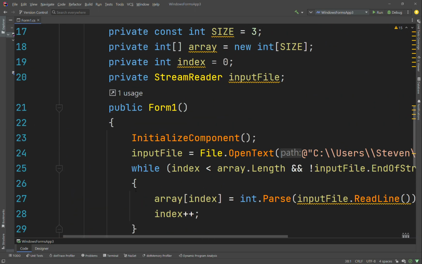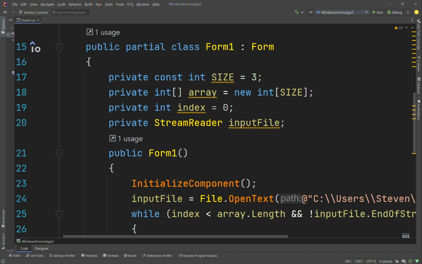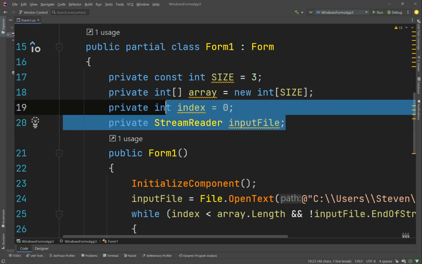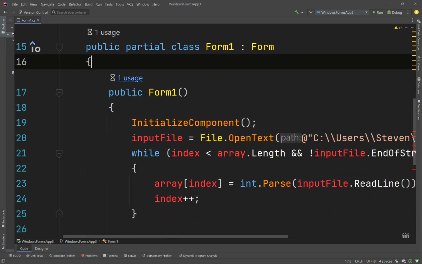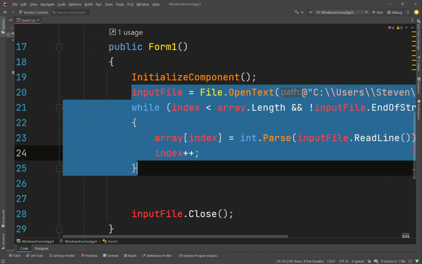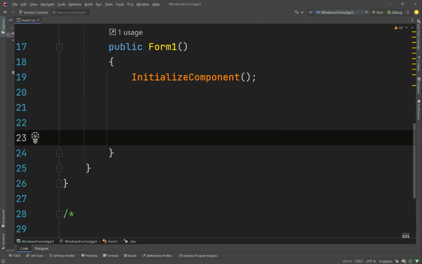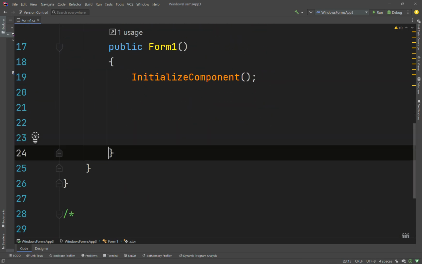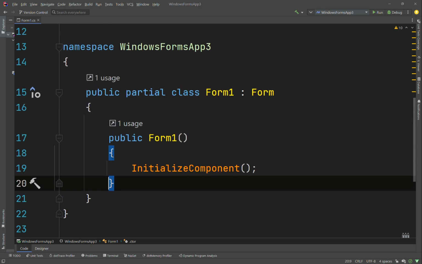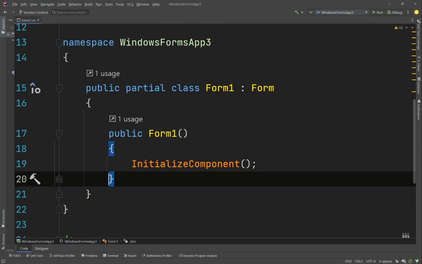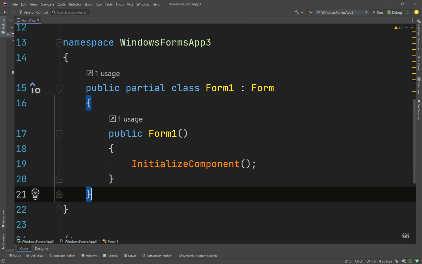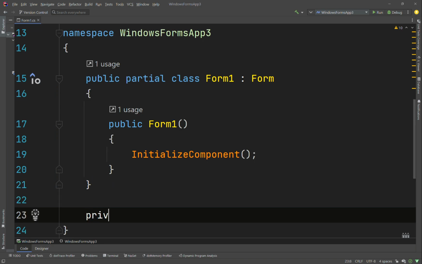Okay. So we have some extra stuff here from the previous videos. I'll just delete some of that stuff. So let's delete that. Okay, so let's maybe just try to do this in the code area. So let's just go private. Let's make it into a method, like a support method or something. So private void